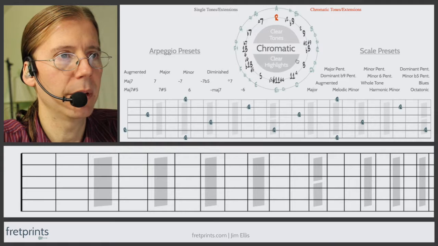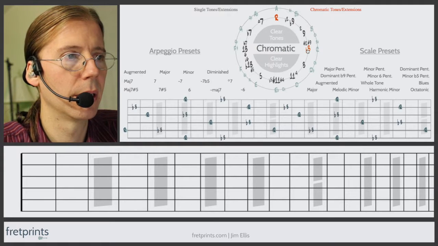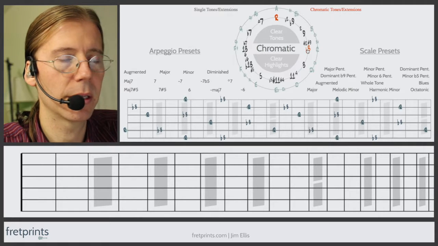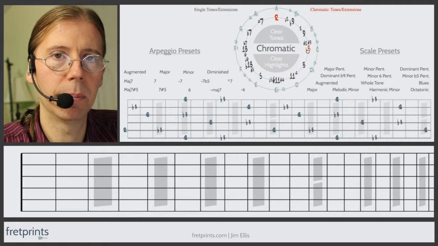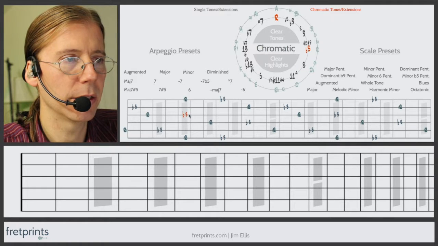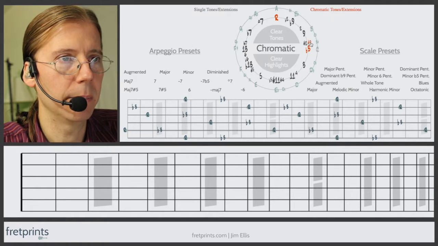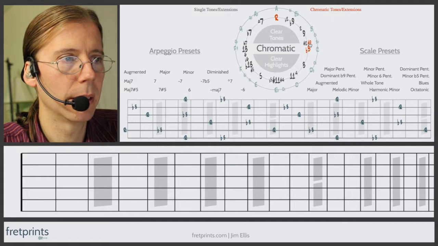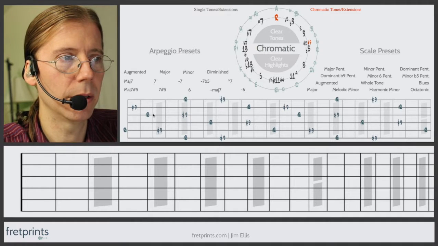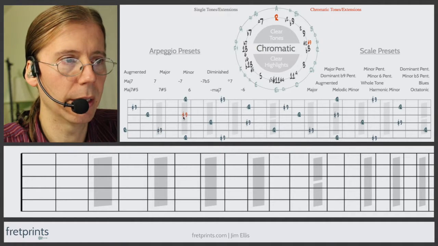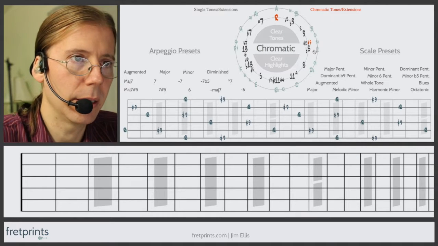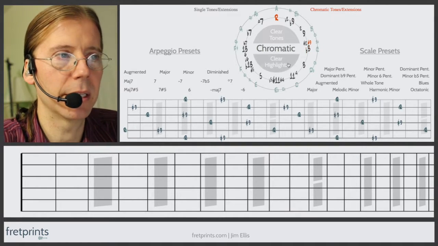So let's bring up the flat third. In this talk, you can apply this to minor chords or minor scales, and also the sharp 9. You could use this to work on the sharp 9 as well, so keep that in mind. I'll mostly be talking about this flat third, but